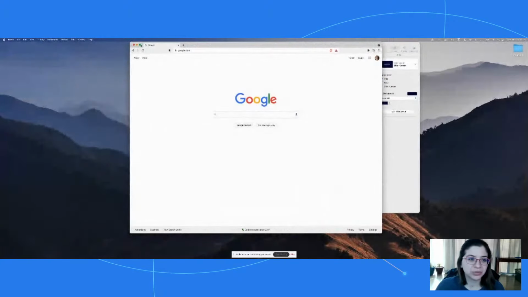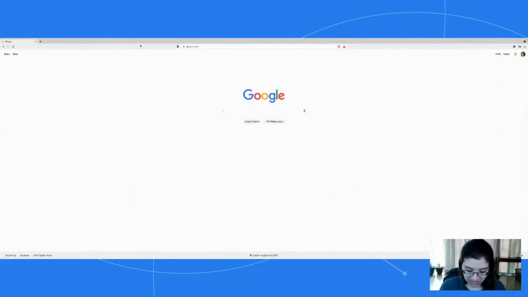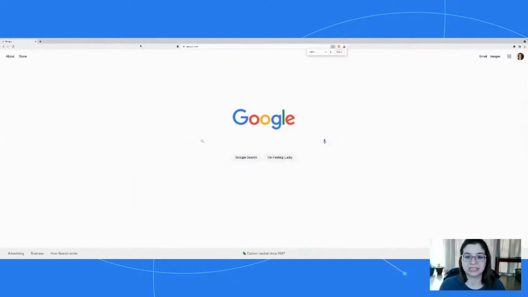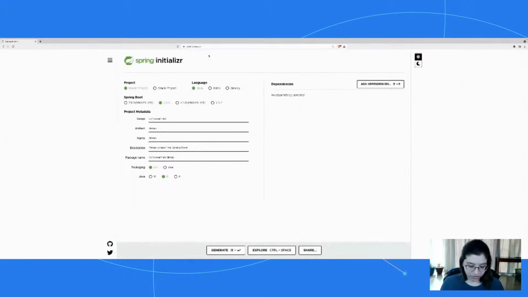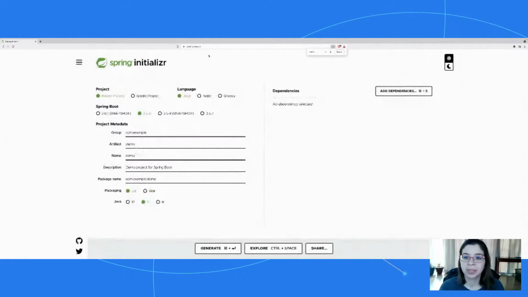So I'm going to go over to, let me see if I can zoom this in. Hopefully that's nice and clear. Okay, and we're going to start out with start.spring.io. This is the Spring Initializr. So this is basically where I can compile project components, my dependencies, the name of the project, and it will put the basic skeleton structure of the project together for me, and create a main method in my project class. And that's pretty much all it does for me. So I'm going to do that.